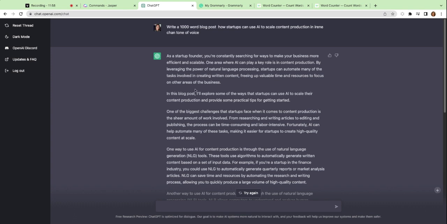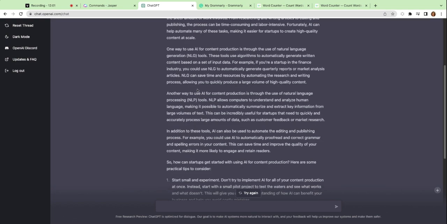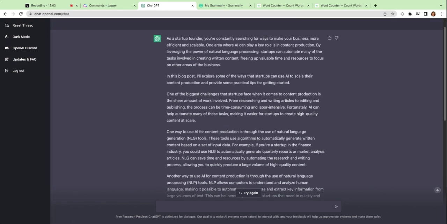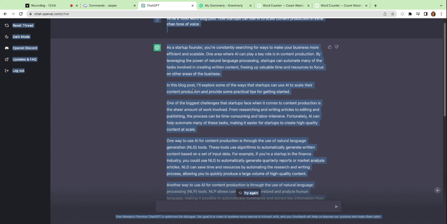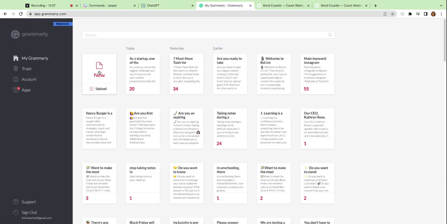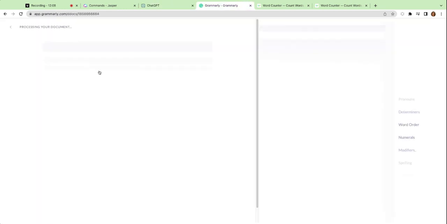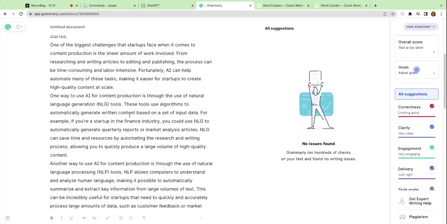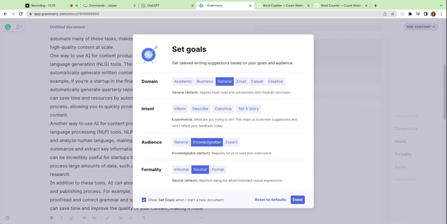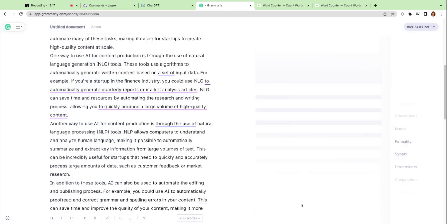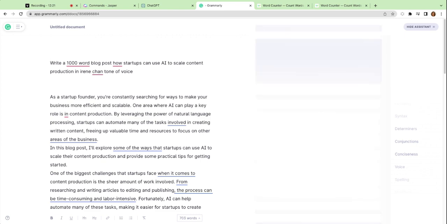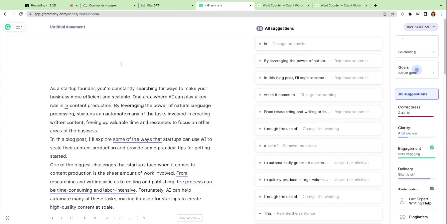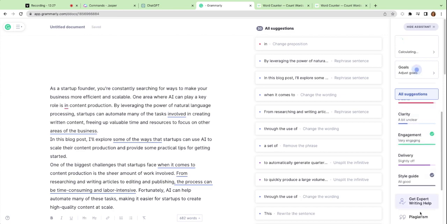So, speaking of fact checking and plagiarizing, what I usually do once I'm done with editing is put it in Grammarly here, and you can use other tools too. I have Copyscape. Whoa, no issues found. That's impossible. Okay, well, we're just gonna remove this. I will usually transfer this to Google Doc, but right now,